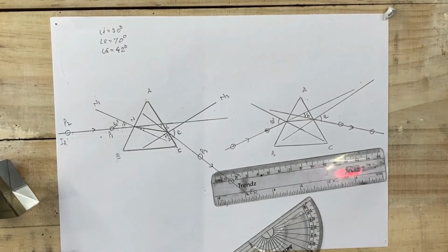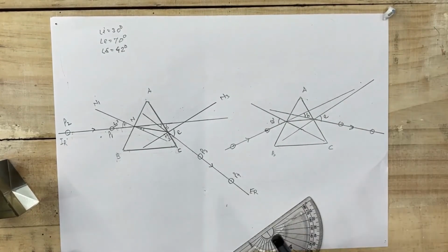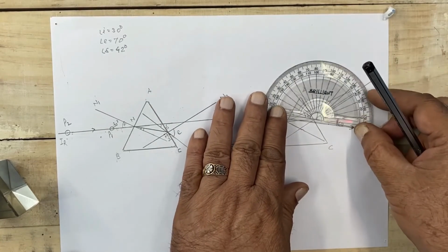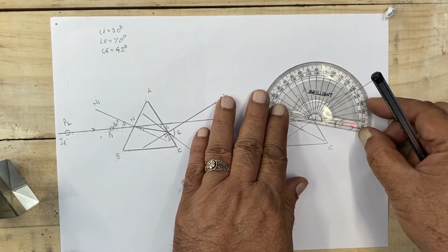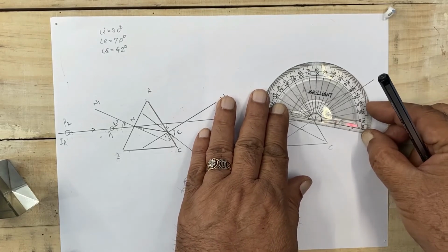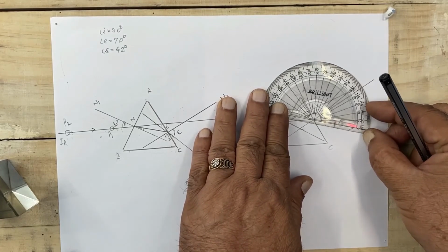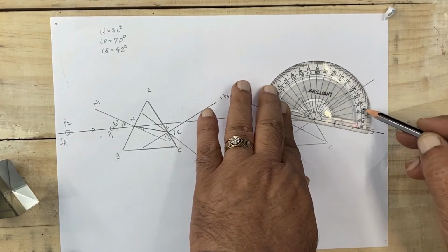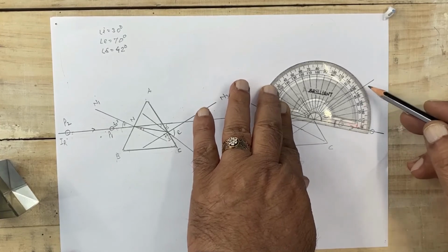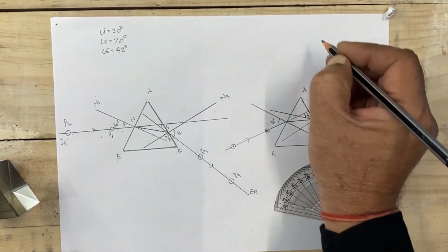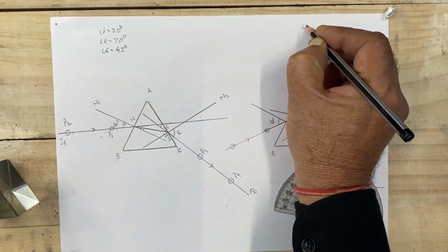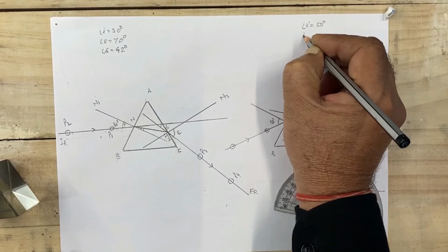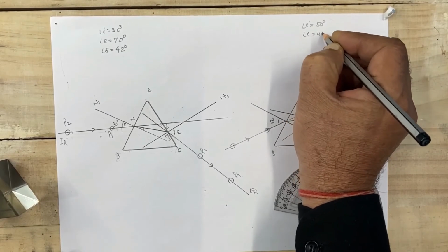Now we are going to measure these two angles. We will see the change. कितना change इनमें आता है. Okay, तो पहले हम angle of emergence को measure करते हैं. Yes. How much? It is 0, 10, 20, 30, 40 and this is 45. So here angle of emergence is 45. Angle of incidence हमने लिया था कितना? 50 degree. Angle of emergence is 45 degree.